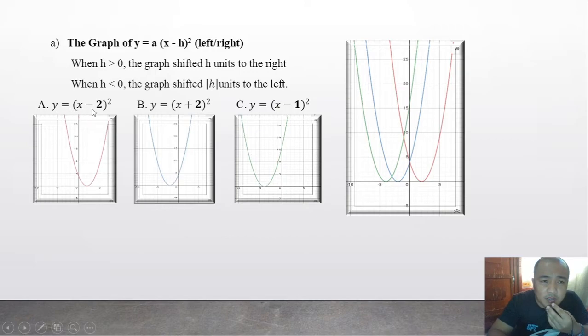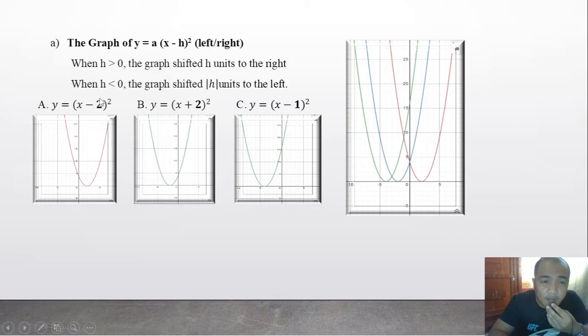For a, y equals x minus 2 quantity squared. It's located here. The vertex is at 2, 0. But when we go to b, x plus 2 quantity squared, right, x minus 2 quantity squared here, going back to a, is shifted 2 units to the right from the origin, right, from the origin,